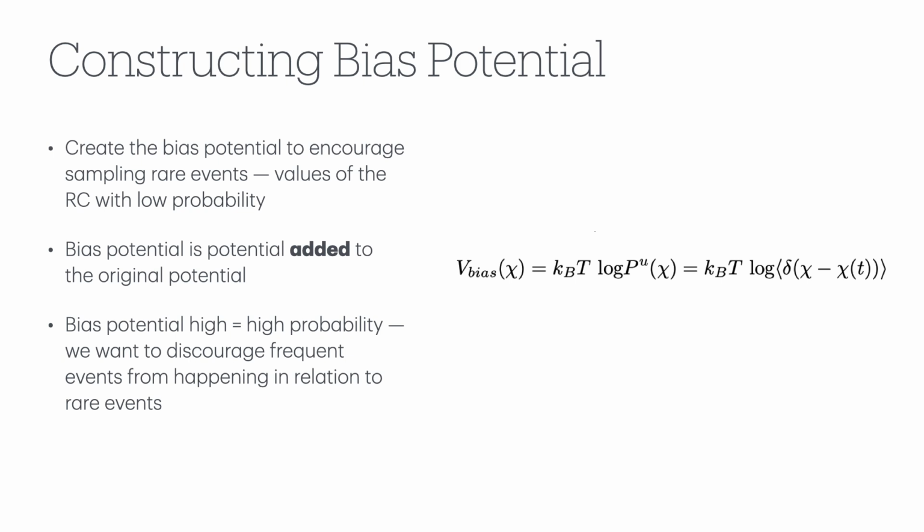So after we do this biasing, we then unbias our sampling by basically deleting the bias potential we added, and that can be done very easily. It's the same exact way we do it with umbrella sampling or metadynamics or any of these other methods. Now that we have our bias potential, we can unbias very easily. So this is kind of the key idea, just the key methods of RAVE. Very simple. The idea is we simultaneously look at the reaction coordinate and do the biasing at the same time, and do this iteration until we have some convergence.